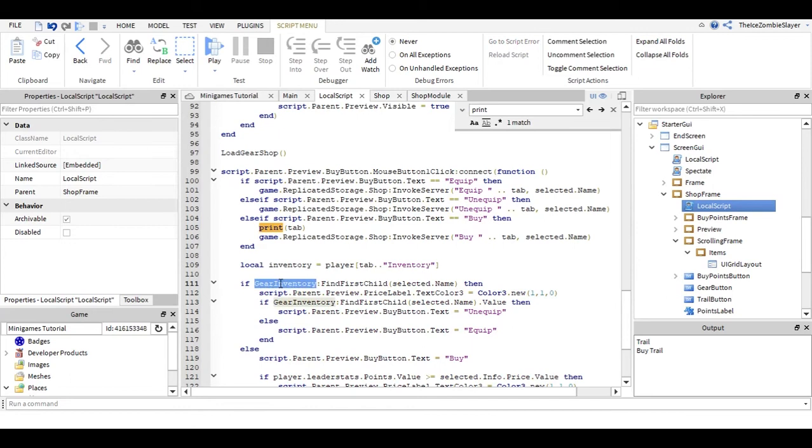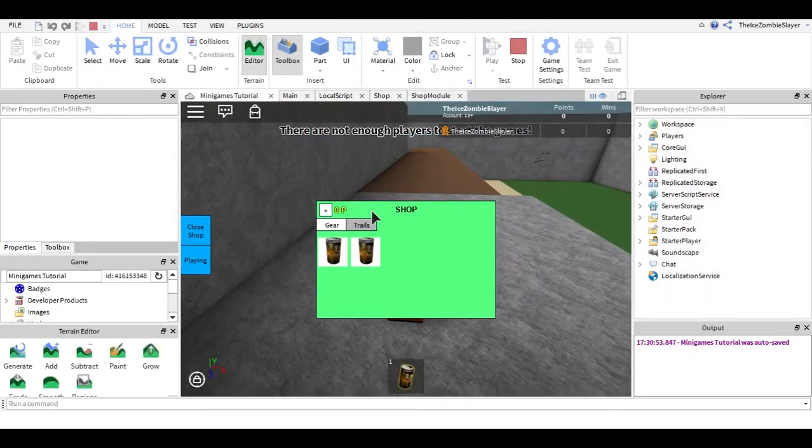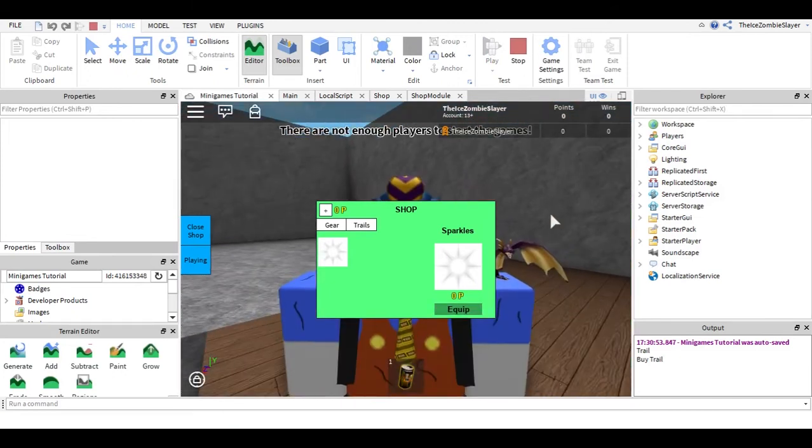And then just replace gear inventory with inventory. And the same thing down here. And this should change the text as soon as we click on it. Okay, so, yeah. But it isn't equipping the trail,